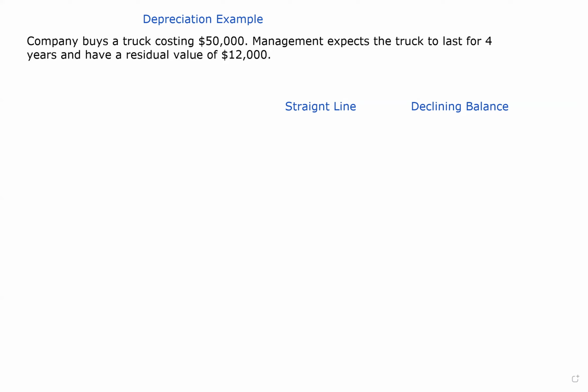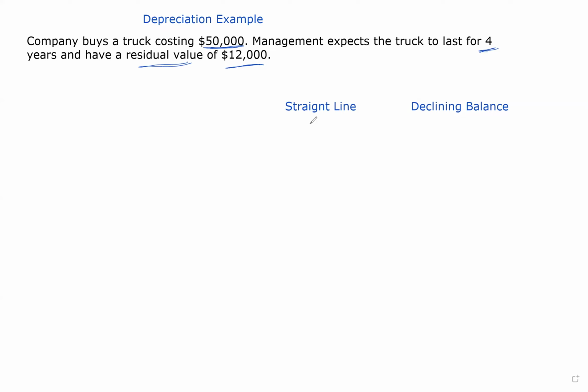We've got a company which buys a truck which costs $50,000, and management expects the truck to last for 4 years, and then it'll have a residual value of 12,000. Okay, so this is all that we're given. And so now we want to be able to calculate the depreciation. We are exposed to different methods, but I'll focus on the straight line method and a declining balance. I'm going to add in a little extra information for declining balance in a minute, but let's just talk about